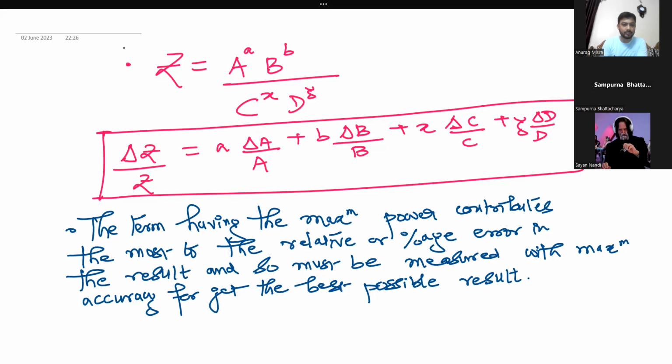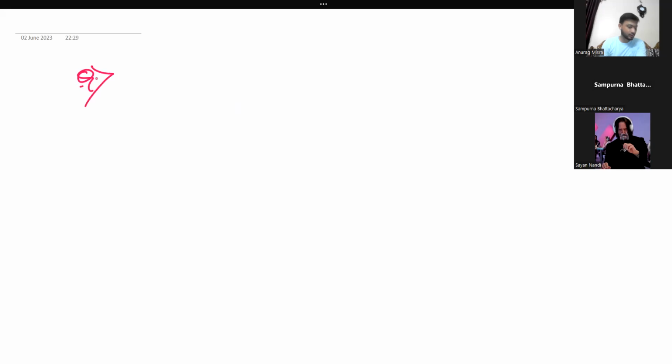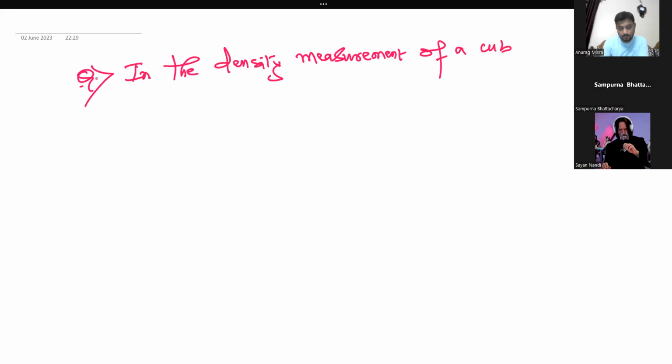The question that I am taking up: in the density measurement of a cube, the mass and edge length are measured as